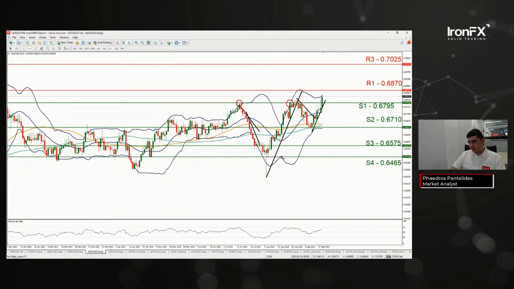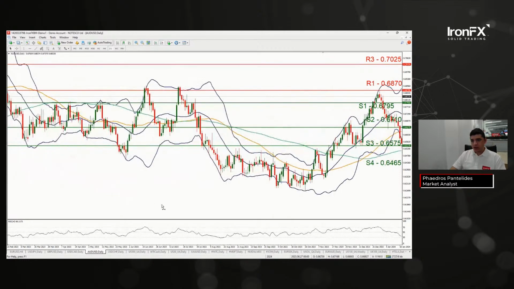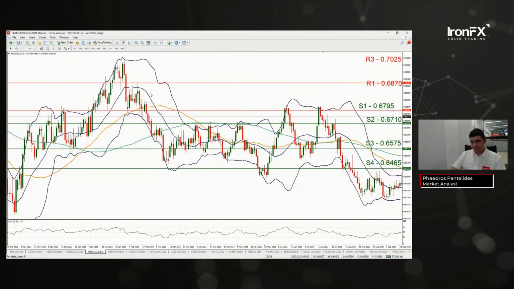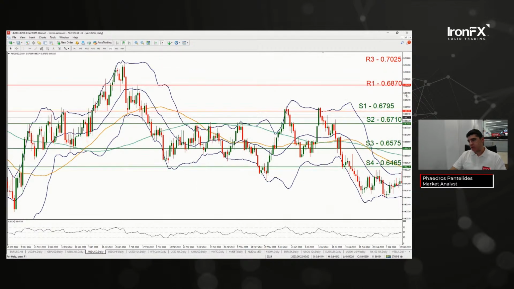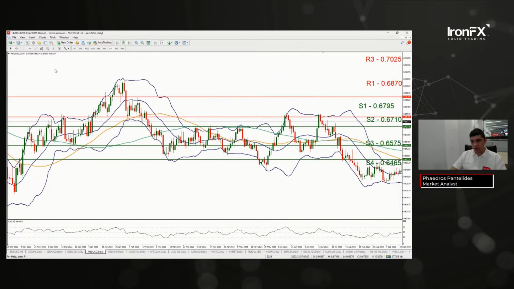Lower than that, one could even place another support line here, but the way it's moving, support here, second, and then the first line of support. R1 we have, and now we need to find R2. The old price action doesn't really help that much. So the distance between S1 and S2 is 140 pips. Distance between R1 and R2, 150, so that's 10 pips. So we can keep R2 and turn that into R3, we can turn that into R2.